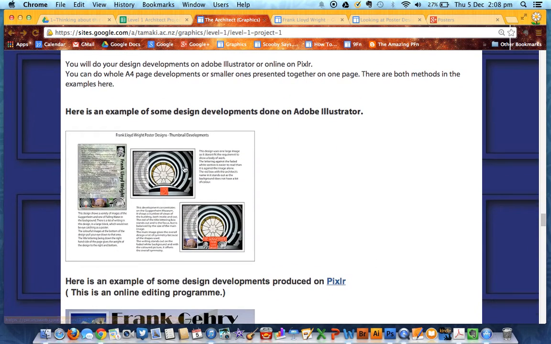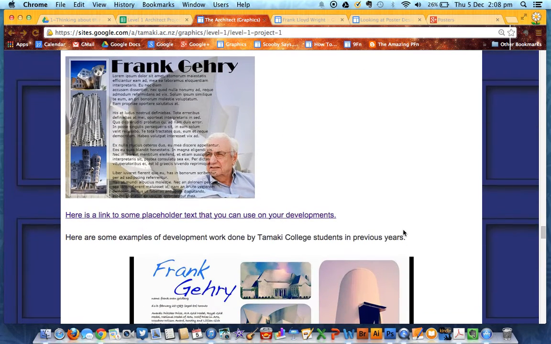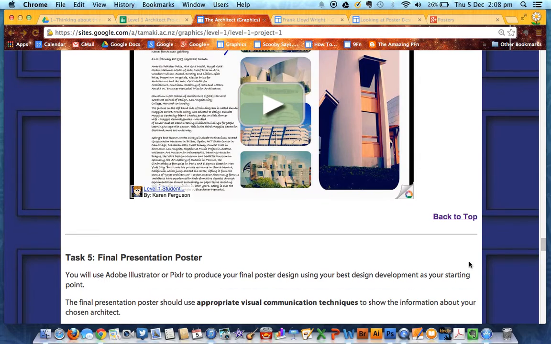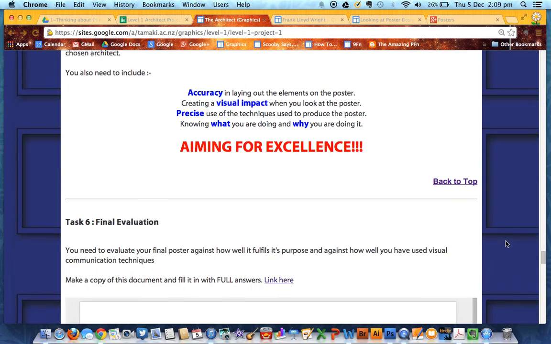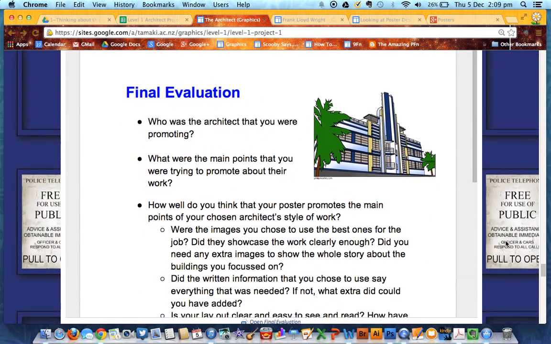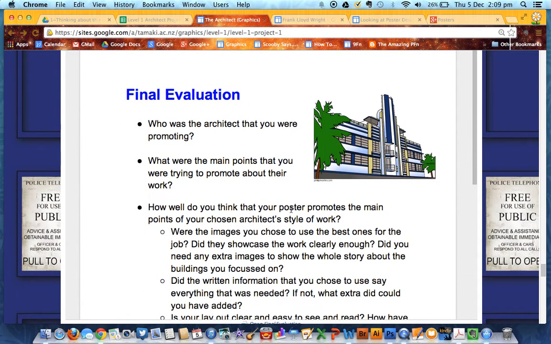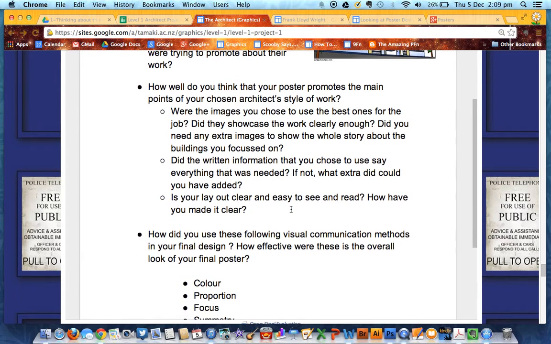These are all things that they are going to try out with different developments of their design, and they're going to analyse what they're doing as they're doing it. Then they're going to decide what works best, and they're going to do a final poster. Now, we're aiming for excellence, so if we take these words from the assessment standards, they're looking at accuracy, visual impact, precise use of the techniques, knowing what they're doing and why they're doing it. We then have to evaluate it. Again, I've given them a very structured guideline for their evaluation,